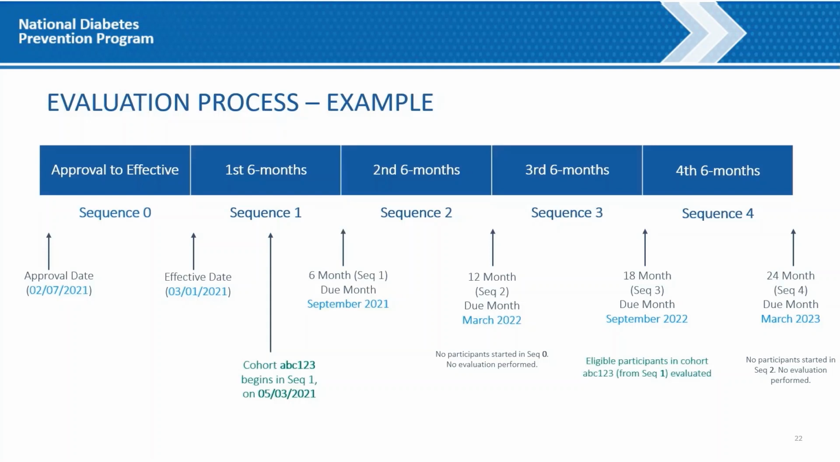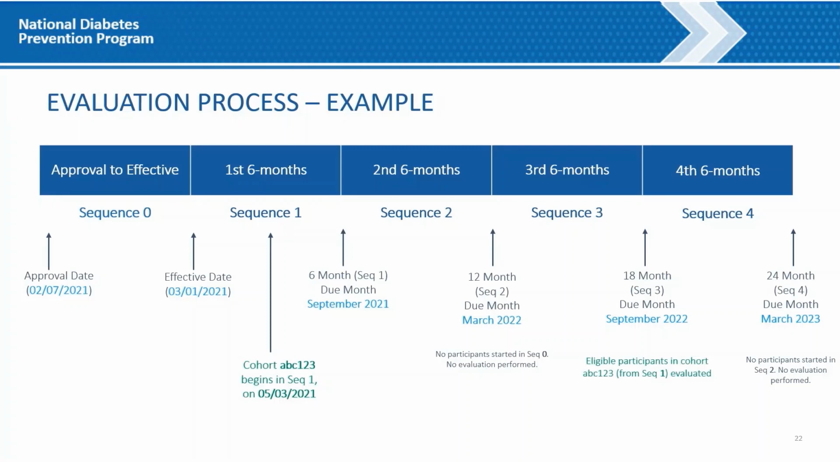Evaluation process, example. Continuing with our example, no participant started during sequence 0 between the approval date, February 7, 2021, and the effective date, March 1st, 2021. In sequence 1, cohort ABC 1 to 3 began on May 3rd, 2021. No evaluation is performed at the sequence 1 submission, as it is not possible to have completed 12 months of the program. Because no participant started in sequence 0, there is also no evaluation performed at the